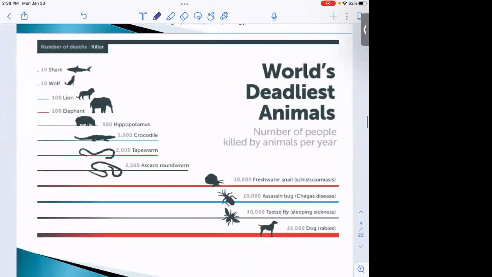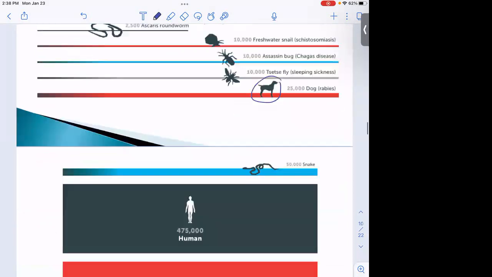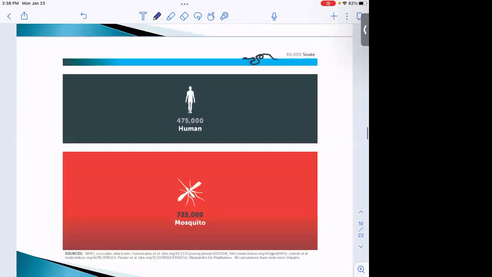Just kind of for fun here, if you think about the world's deadliest animal, this is on the Gates website, I think. You think of things like lions and hippopotamuses, they're pretty mean, right? Well, if you think of the number of people on average every year that are killed by some of these animals, this is sort of surprising. Dogs, 25,000 people killed by dogs because they carry rabies, really. But snakes, lots of people killed by snake bites. And of course, humans kill lots of other people. But all in all, the most dangerous animal could be considered the mosquito.